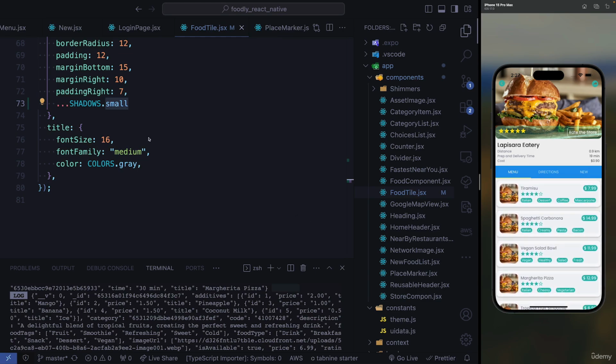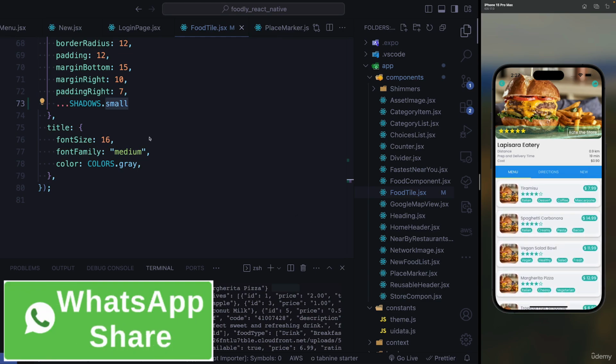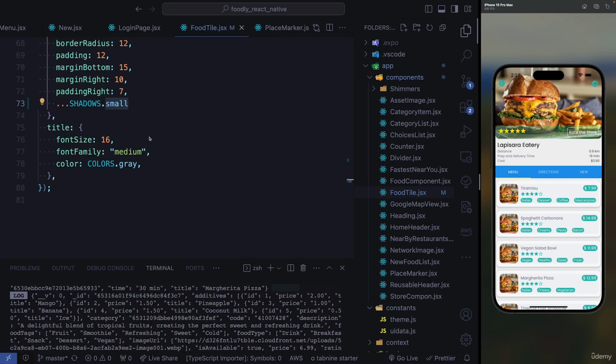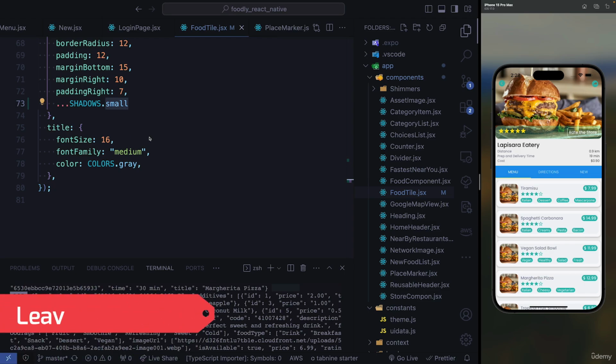So let's go ahead and work on our profile, and then take a look at our login page and our sign-in page. Login page and our registration page,